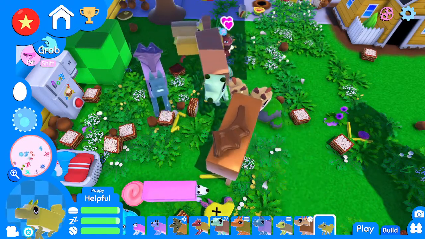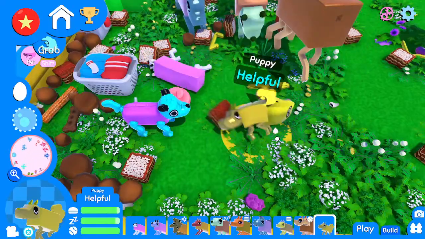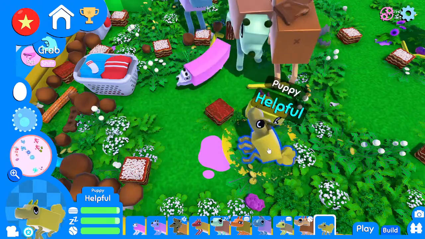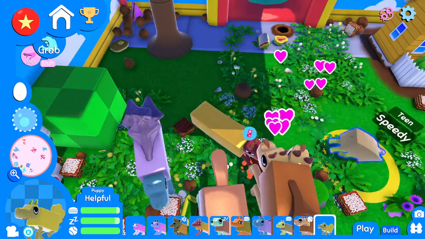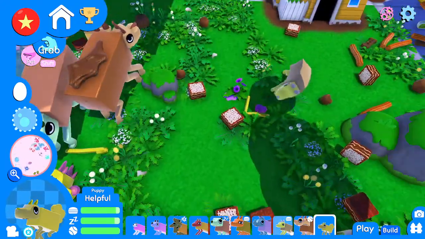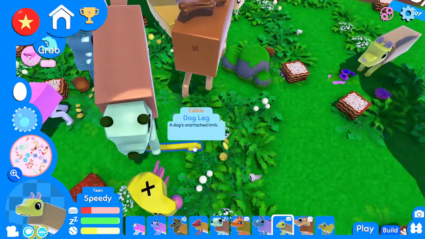No. Only the flesh of the dead dogs is what you can eat. Come on, Speedy. Trying to dig in the face.